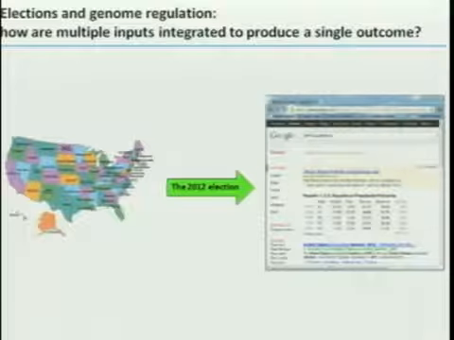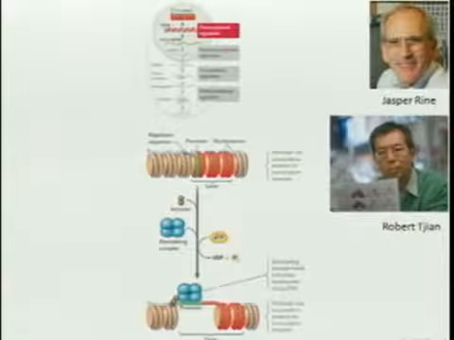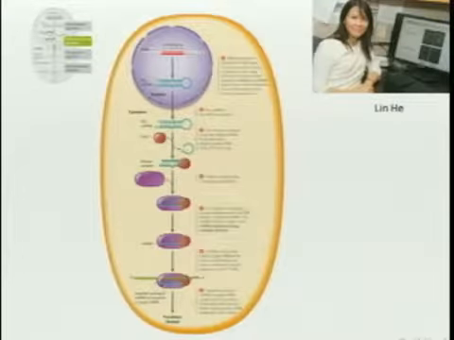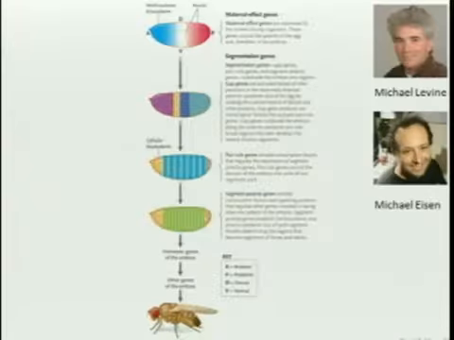I have 60 more seconds, and then I'm going to let you go. Chromatin. Jasper Rine and Robert Tjian are the world leaders in the study of how chromatin and gene regulation come together. There is no good model. There will be by the time some of you are professors or physicians or public health professionals. Small RNAs. Lin He at Berkeley is a world leader in understanding this, which will be clear by the time you graduate. A wonderful model system to start your study of this, transcription regulation and development. Mike Levine and Mike Eisen, number one and number one respectively in the world study of this problem.